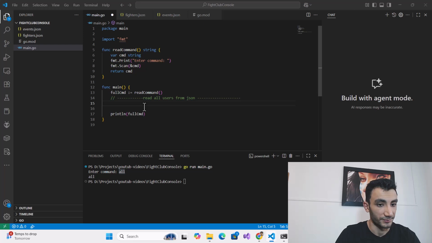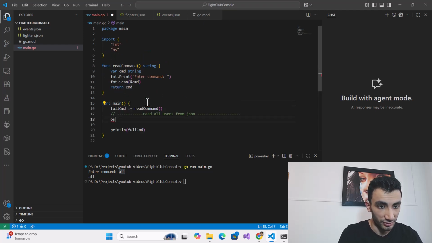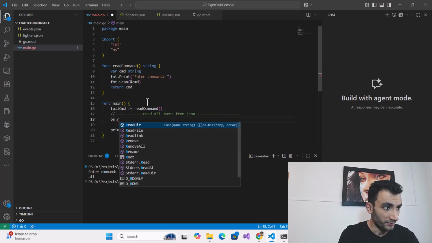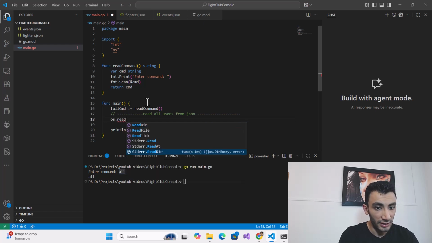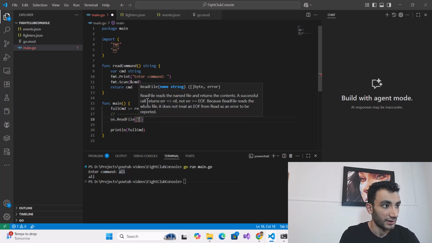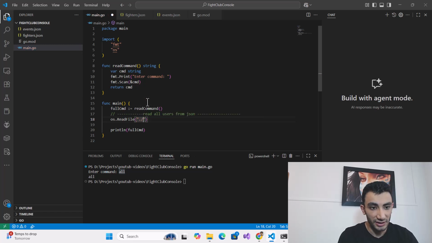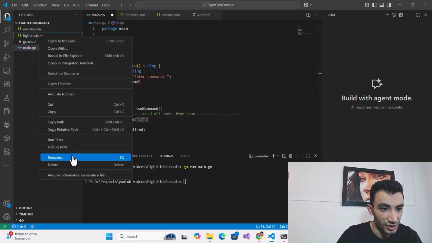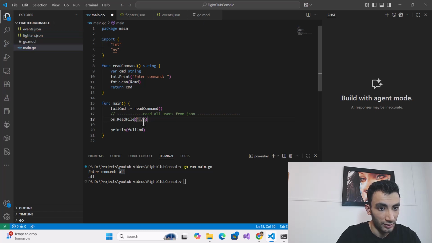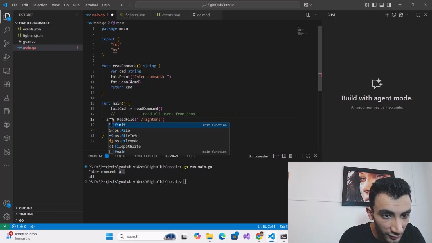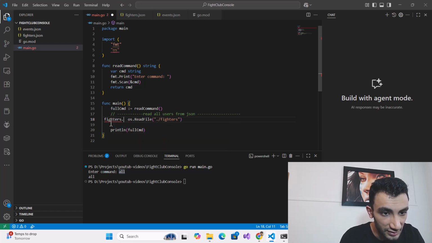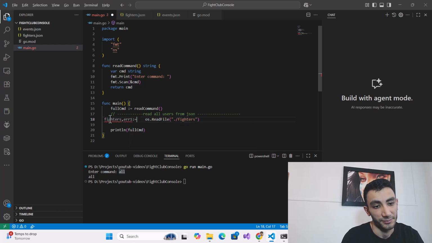We read our file, the name is fighters.json. It returns just two variables, fighters and error, first error.